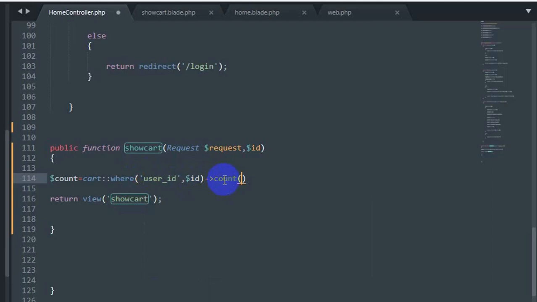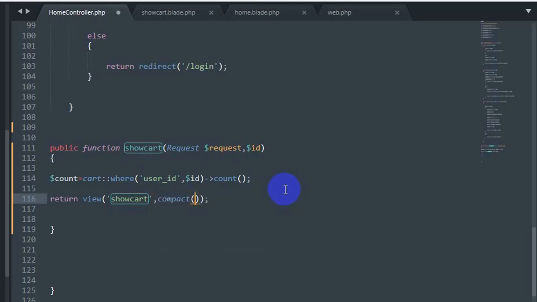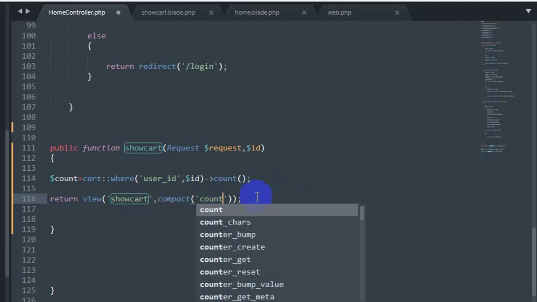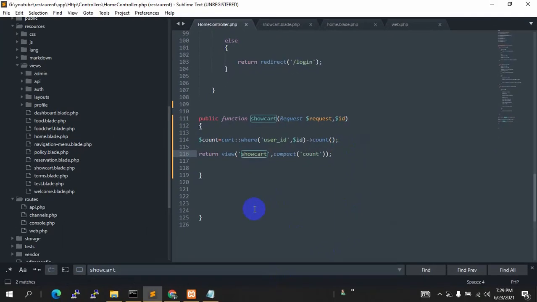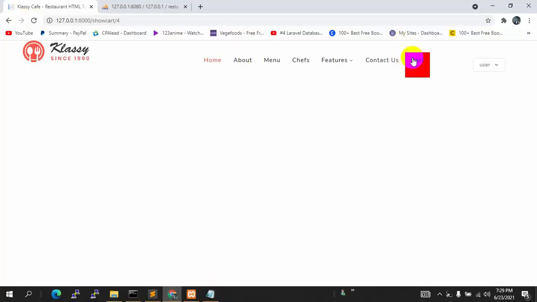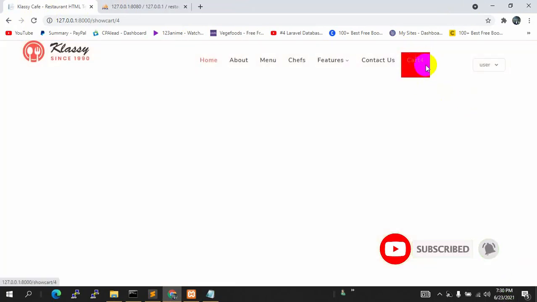Okay, so now we'll just say over here comma compact, we'll just say count over here. So let's save it. Now if we go to our browser and refresh, we will be able to see the cart count. So here you can see the count, which is 4.